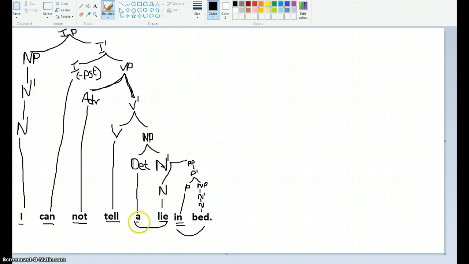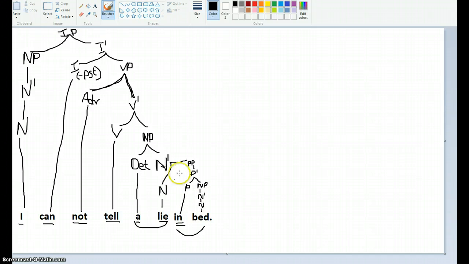If we treated "a" as the head of this phrase, you can see how that doesn't make much sense. I mean, it's not an "a" something. "A" is not the controlling idea here. The controlling idea, right? A lie, where, in bed, and this "in bed" phrase is subordinate to him telling a lie. It's the where did he tell a lie? Oh, in bed. So, you can see how important this hierarchical structure is actually to show